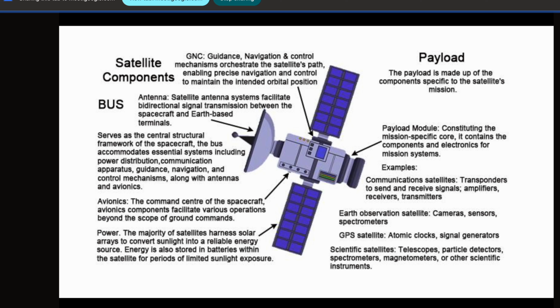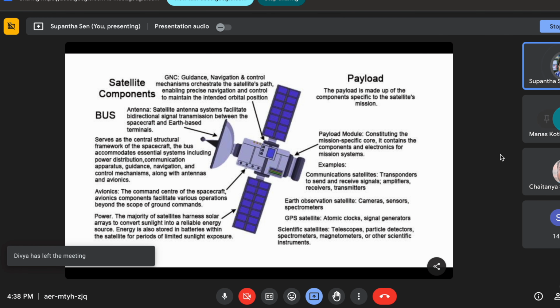And attitude means the orientation of the satellite. Say your camera is pointing towards the earth. Now your camera is pointing towards, say, outer space or some other thing. Then you will not get the image of the earth that you needed. So for that you will need the correct attitude of the satellite. How will you get the attitude and the orbit of the satellite? For this some specific sensors are there, like one is called a star sensor, and one inertial sensor is called a gyroscope.